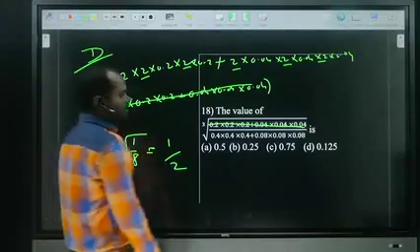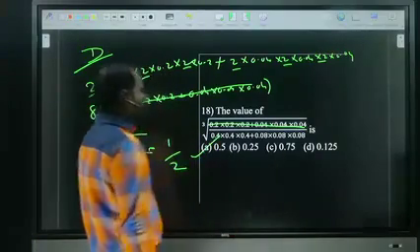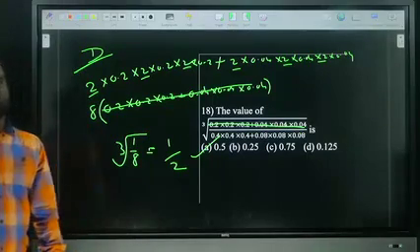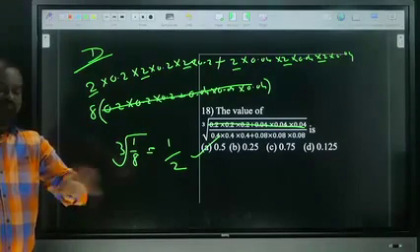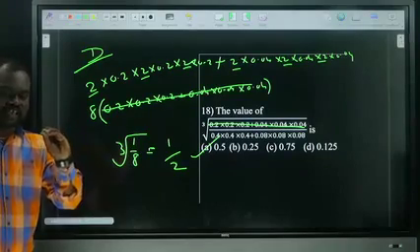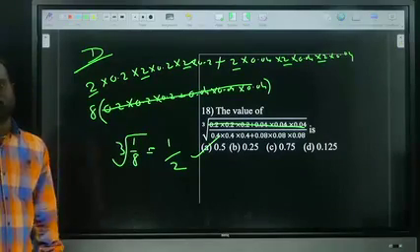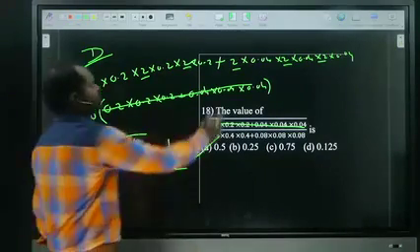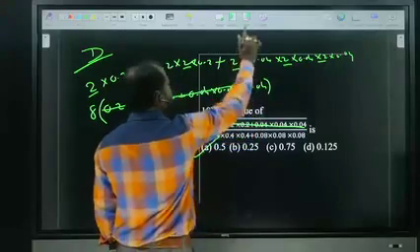1 by 2, nothing but 0.5. Is it clear? Now it is looking like a formula format, but it is not a formula format. The values in the denominator are double the numerator values. Right? Now,